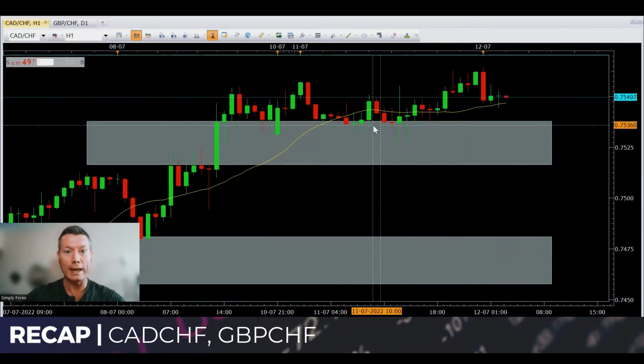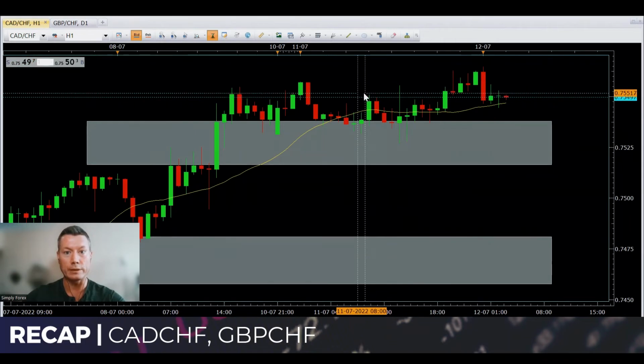I actually entered on this candle, guys, but I had to wait for a slight retrace. If you remember me saying from the other day, I place my stop 5 pips below the last swing high for certain pairs, and even 10 pips on more volatile pairs like pound New Zealand, pound Canadian dollar. But for this one, I place it 5 pips below because it doesn't move as quickly.